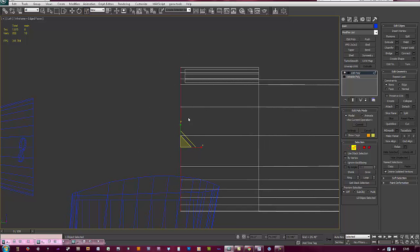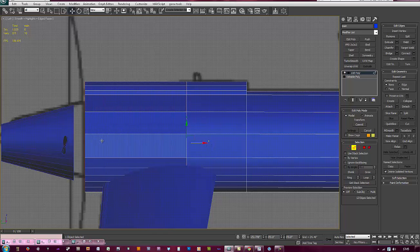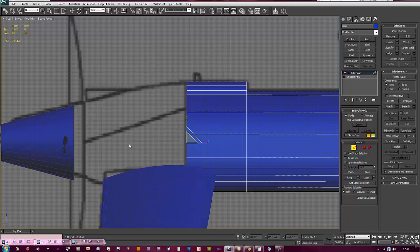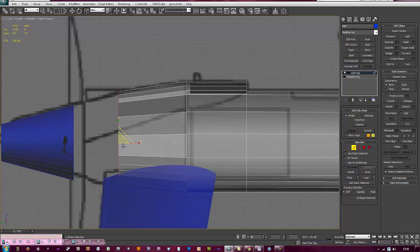Now let's hit F3 again. And W and shift drag them back. Straight back using shift. And now we can go like that. We'll probably have to do it twice, so I'm going to hit Alt X, go back to my move tool, shift drag them to right there, and now I'm going to scale them down. And now I'm going to go back to my move tool, shift drag,